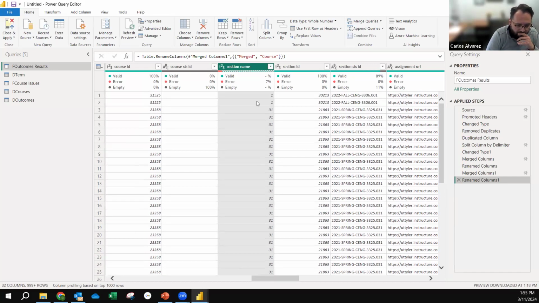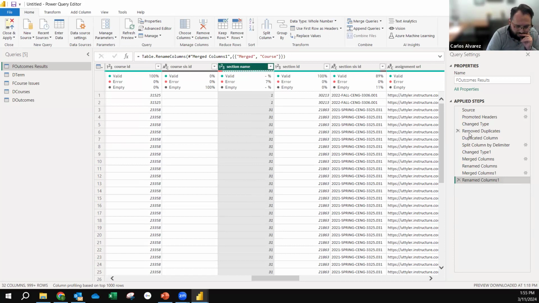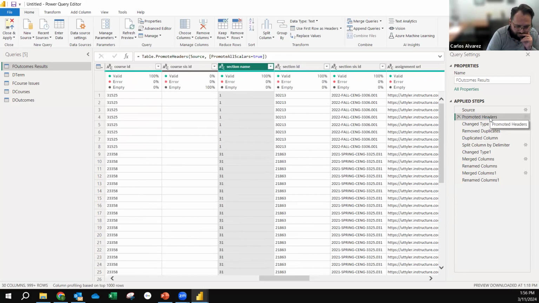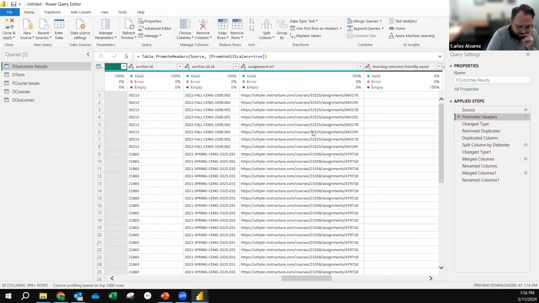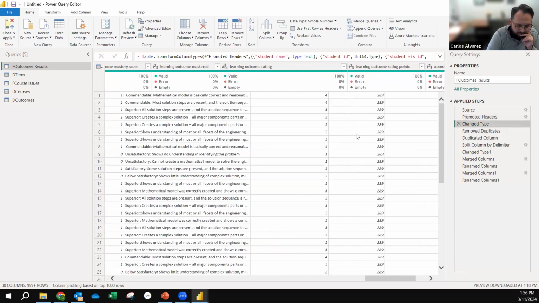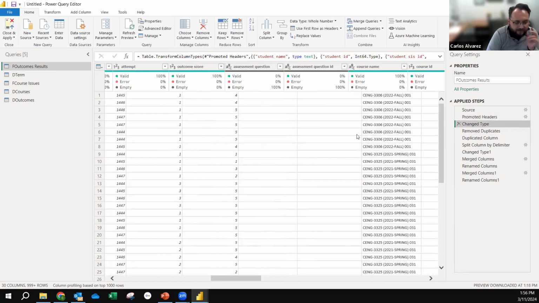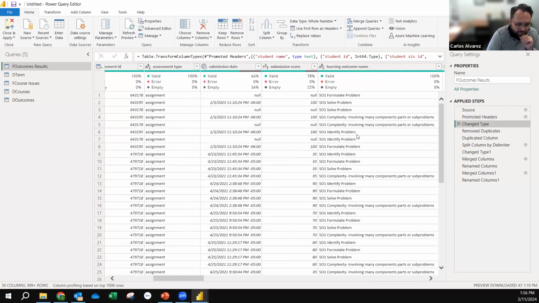So what we can do is change the tab on the top, which will fix the issue. If not, I can split the